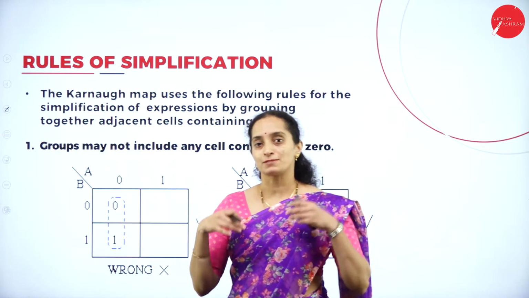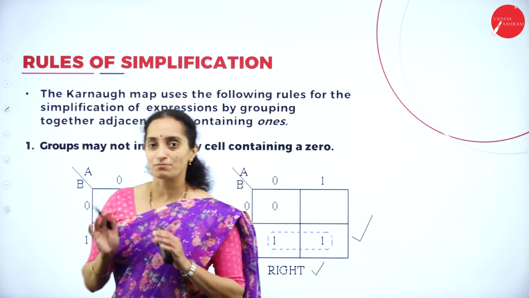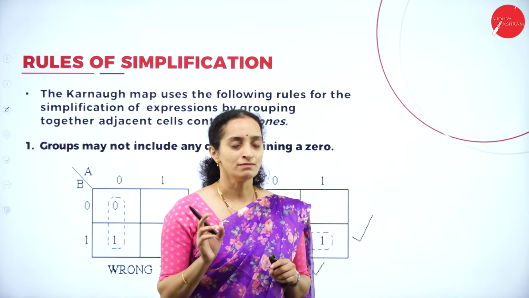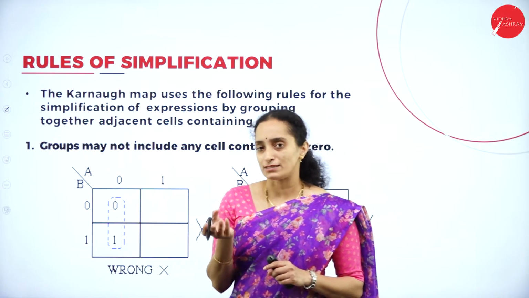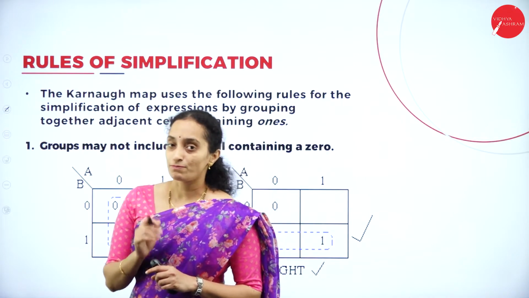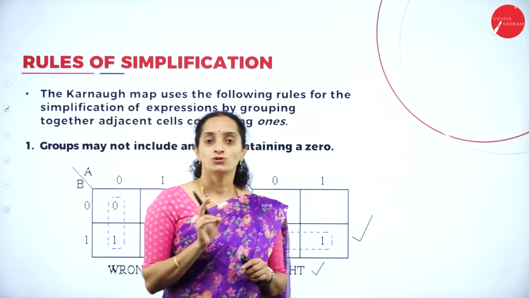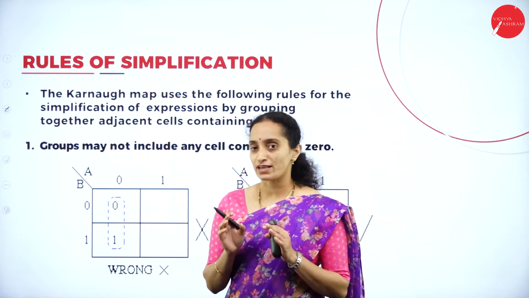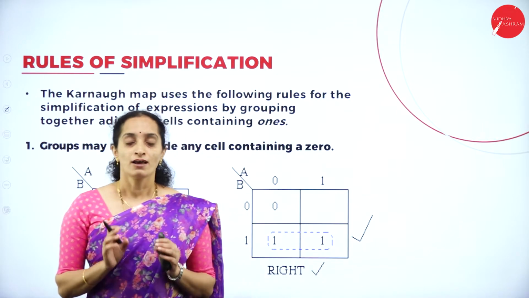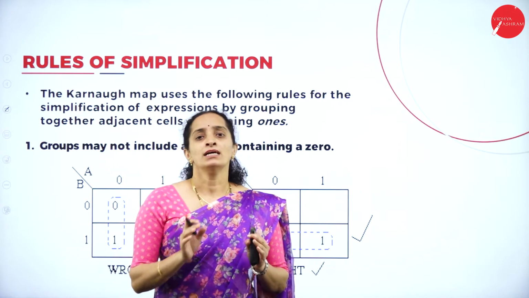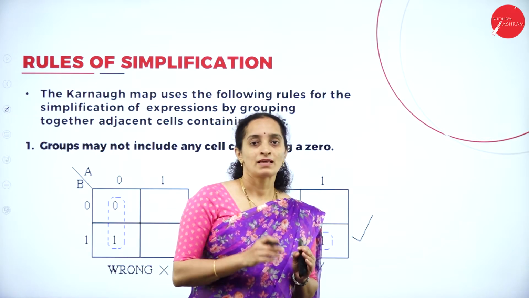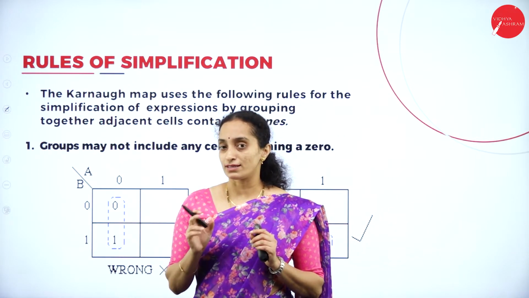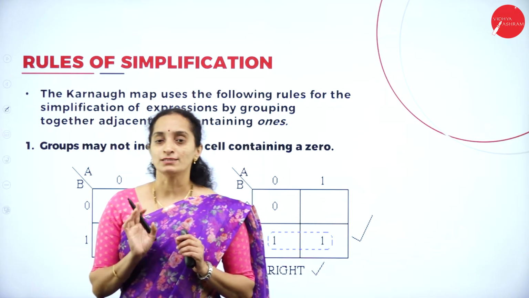You can't minimize all the expression, you can't take it to 0. You cannot make that. Okay. You can reduce it to a minimum of 1 variable or 2 variables, or 2 min terms or 1 min term, like that. For minimizing also, you have certain rules to be followed so that you can get a proper simplification of the Boolean expression. If you don't follow any rules and you abruptly minimize the expression, the function will not be fulfilled or the function you have given will not be executed properly.